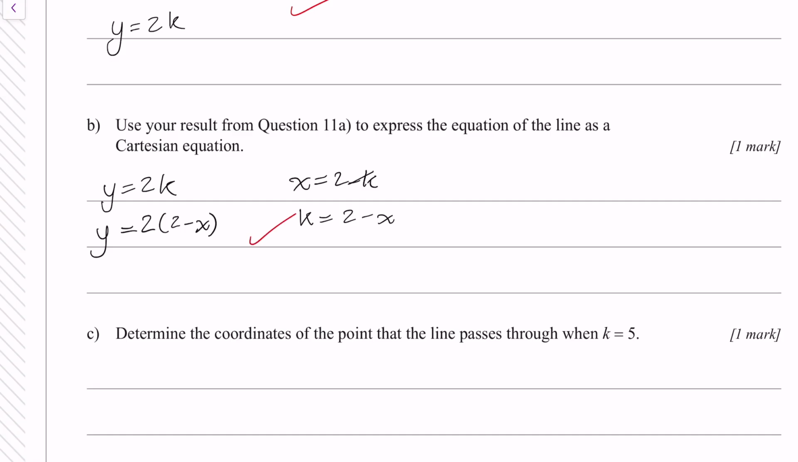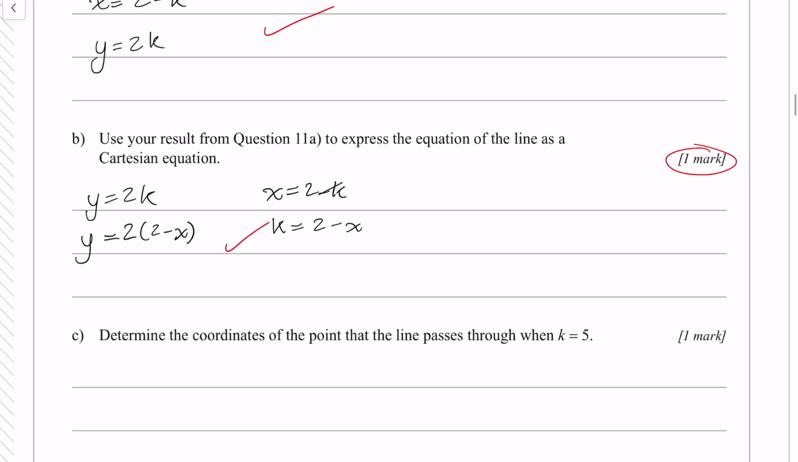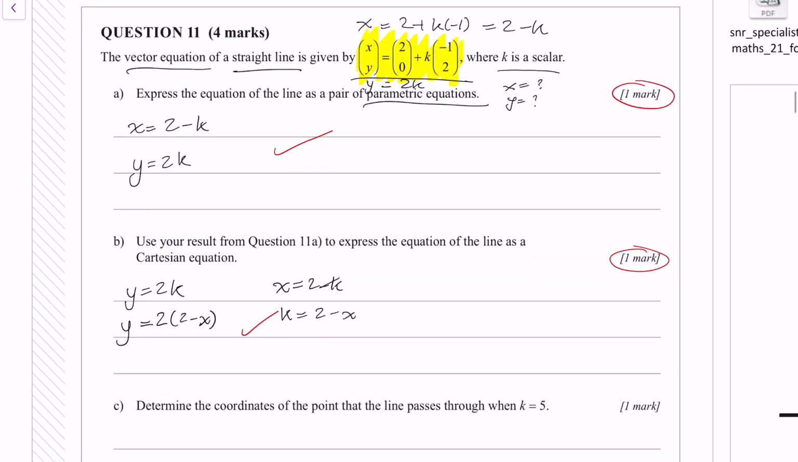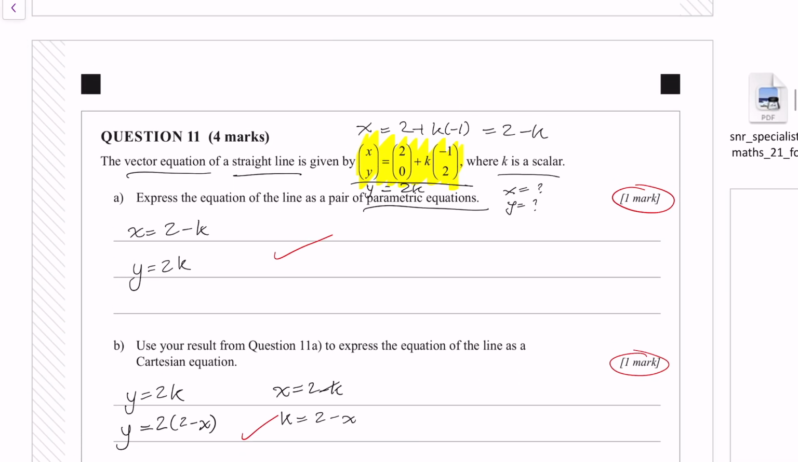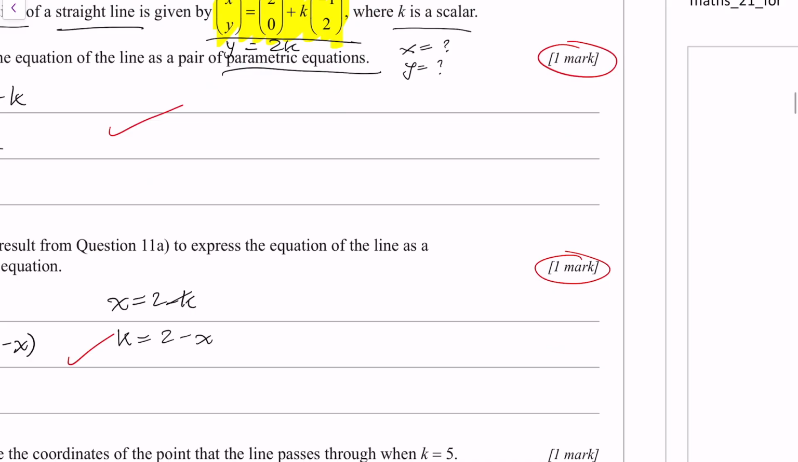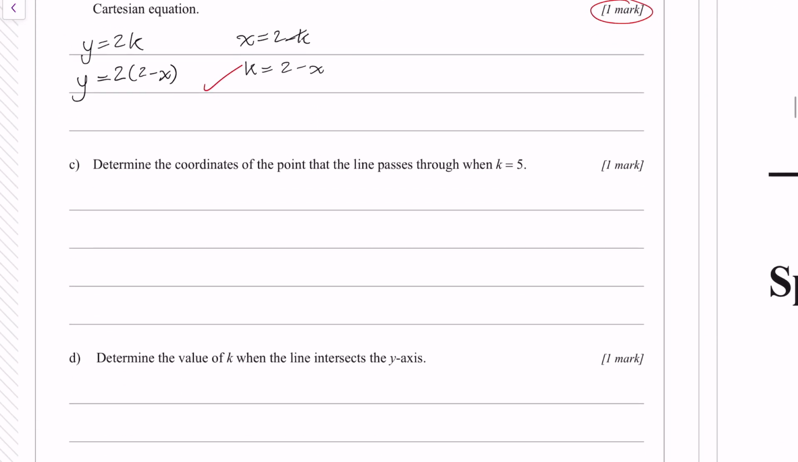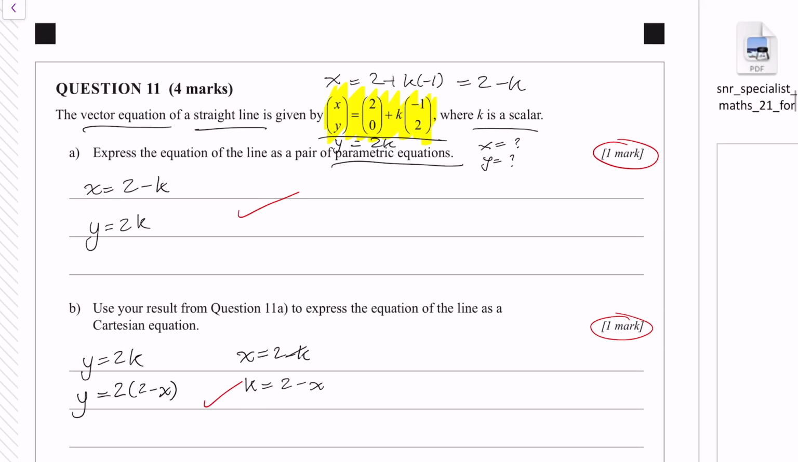The marking guide will allow you, since it's only 1 mark, I'll just breeze through these questions, no need to expand, okay? Now, determine the coordinates of the point that the line passes through when k equals 5, okay? I honestly don't know why this was in specialist maths, but basically it's just using this equation, plugging k equals 5, and finding those coordinates, okay? So we have x and y is equal to 2, 0